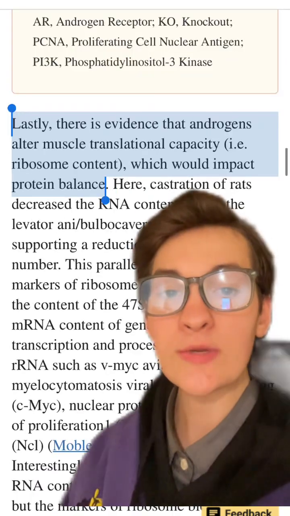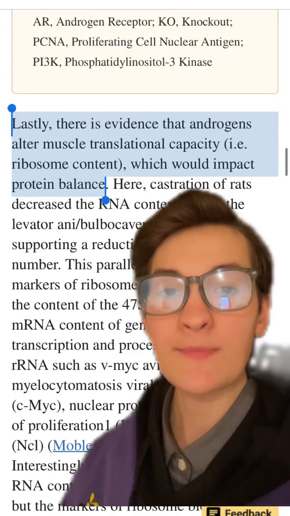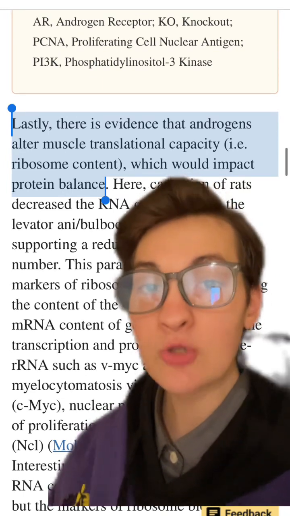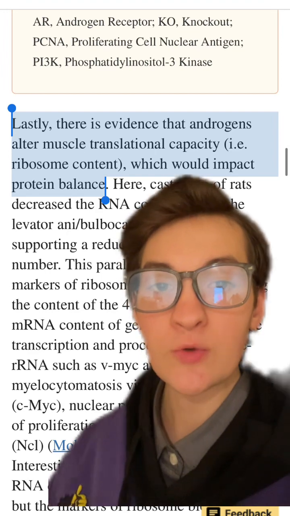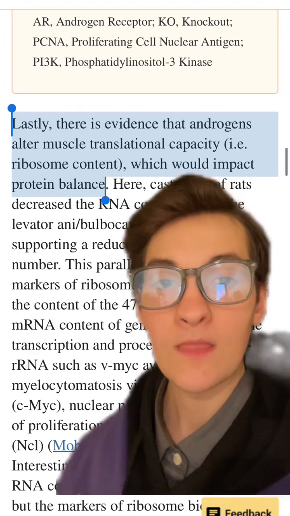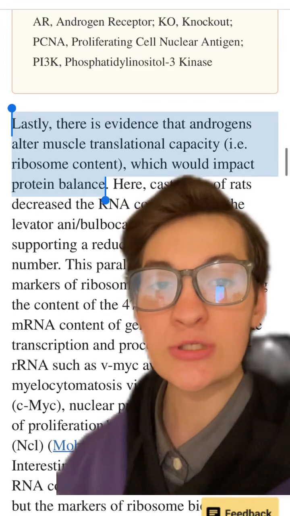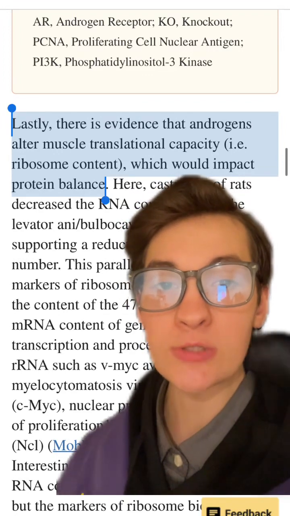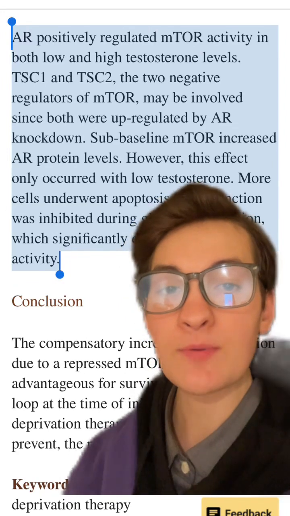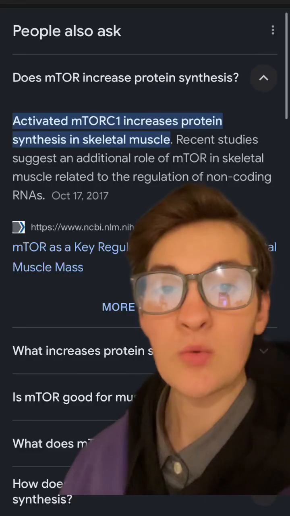It also increases another organelle called ribosomes, which also play a pivotal role in protein synthesis, as these are the organelles that actually produce the proteins. The nuclei have the genetic code for the proteins, but the ribosomes can actually produce these proteins to increase muscle size. Androgen receptors also increase the activity of a specific protein inside of the cell called mTOR, which when activated